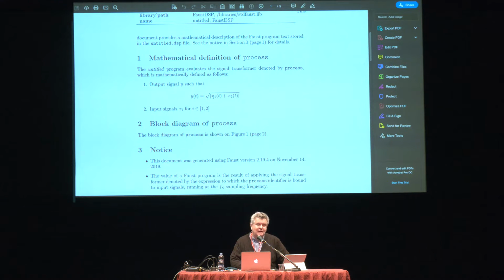So we were adding the two input signals, taking the absolute value, the two bars, and taking the square root of this. So this is done automatically. And this can be done because Faust has a very precise formal semantics. We know exactly at the sample level what any Faust program is doing very precisely. Okay, so let's